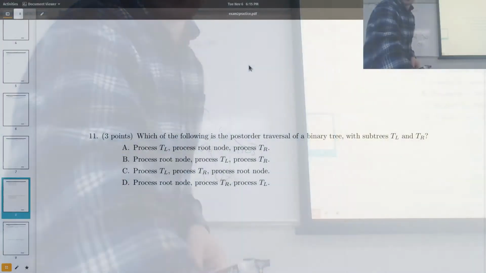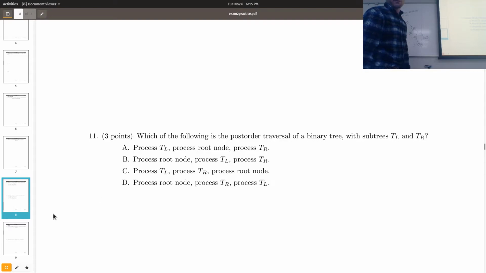Yeah. Post order is C. You always do the left subtree, then the right subtree. So D was always wrong because you never do the right subtree first. For post order, we do our children first, then ourselves. So we're at 10, we're going to do our left subtree first. Negative 12 has nothing else in it, so we're done with our left subtree. Now we're up here at 10 again, but before we can process 10, we have to do our right subtree,